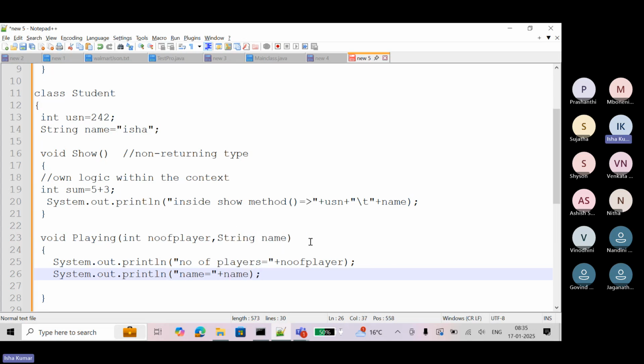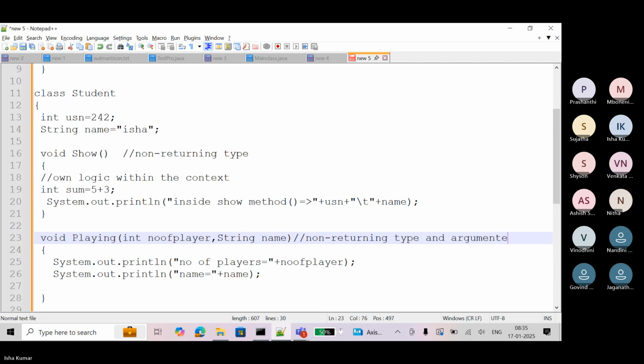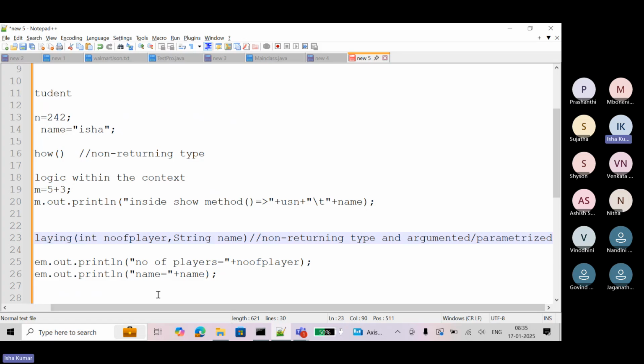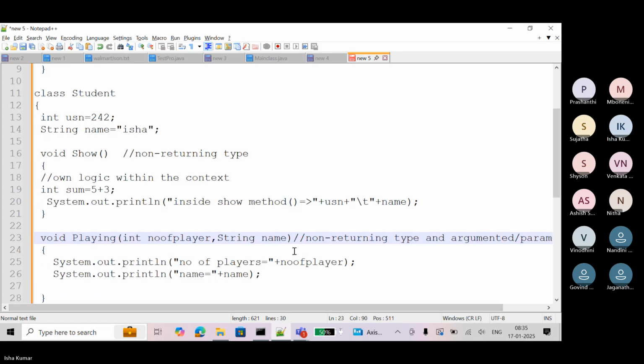Now this is a non-returning argumented method. So actually here, if you see, number of player and name are called formal parameters or formal arguments. This is terminology, that's it.